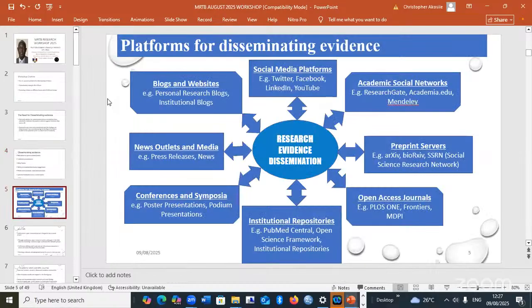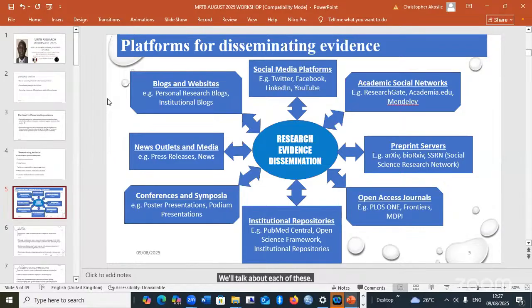This particular slide shows the different means by which research can be disseminated. We have the journals, we have preprint servers. We'll talk about each of these.